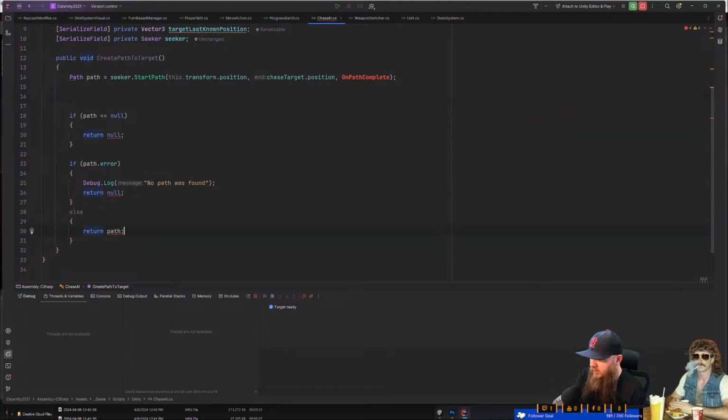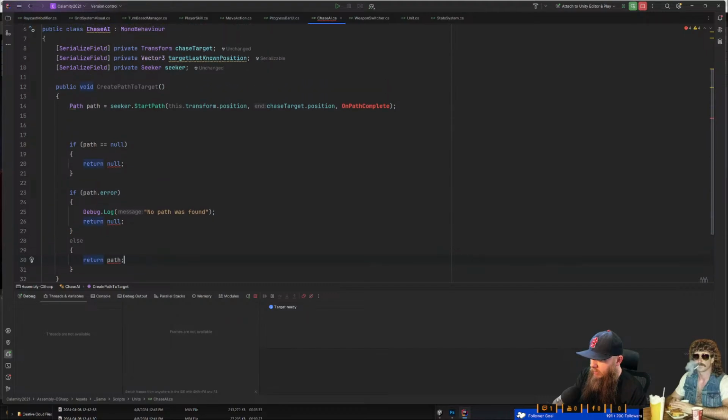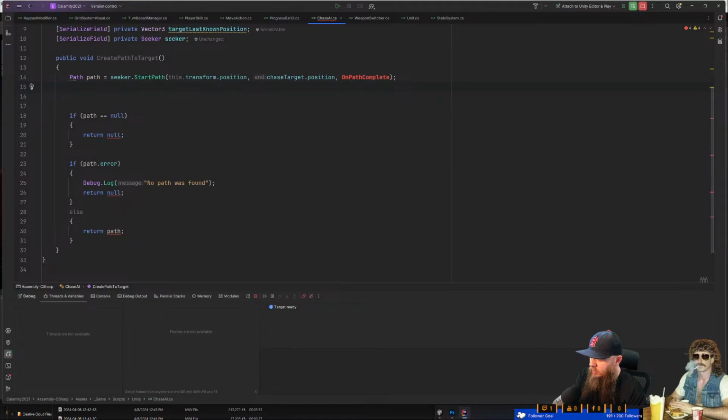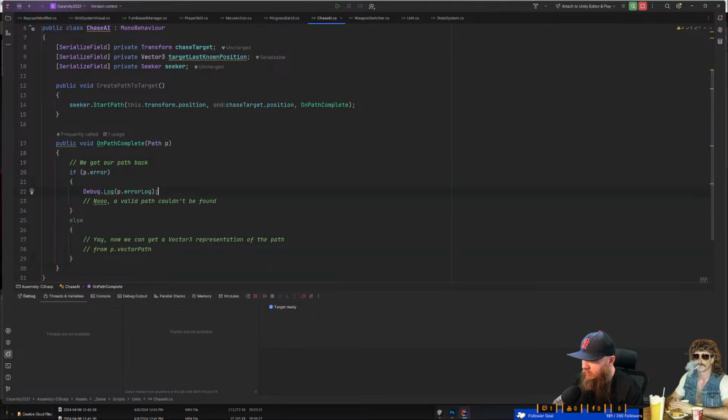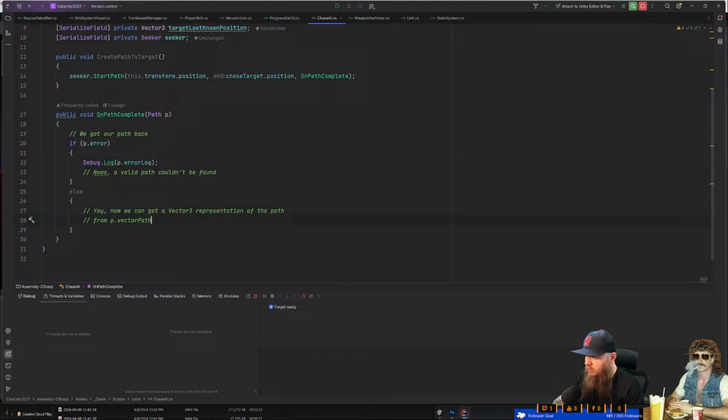So really, it's returning the path. If I waited here and didn't do it asynchronously, it would return the path. What I'm going to do is just use this to kick it off. Yeah, like so. And it's going to be this on path complete. So asynchronous, this will fire off and I'll get my path back. So from here,